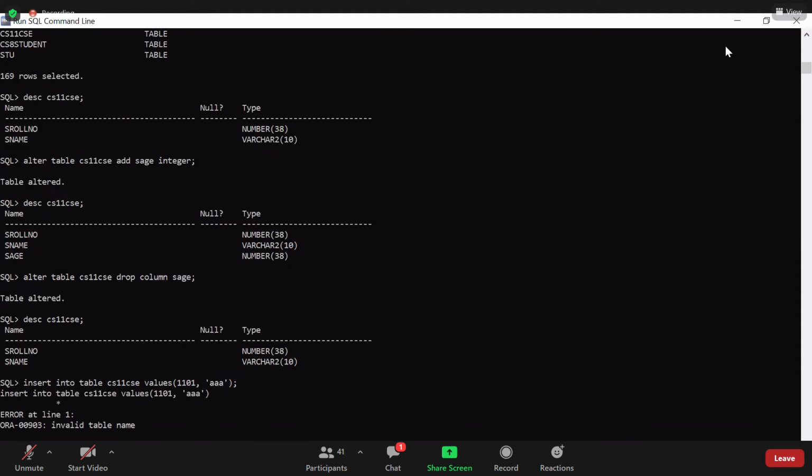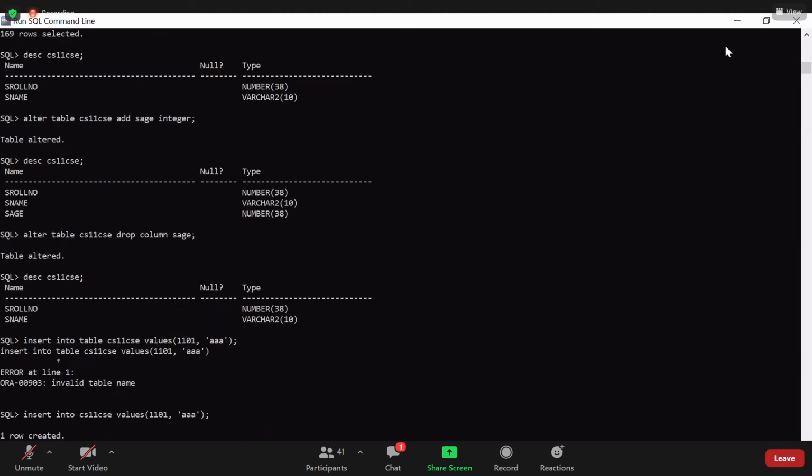Sorry, for insertion, the table keyword is not necessary. So I have inserted, I'll insert 3 records and then I'll use both the 2 commands, truncate and drop. You can check from your side what is the difference.